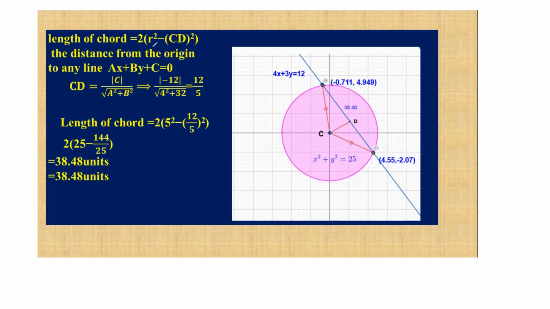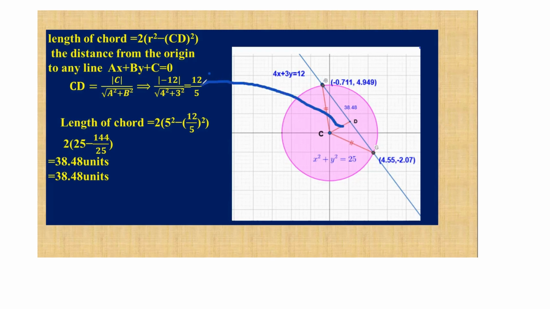To find the length of the chord, if the equation of a line is given, the perpendicular distance from the origin to any line is given by c over radical a squared plus b squared. Here the length of the chord is